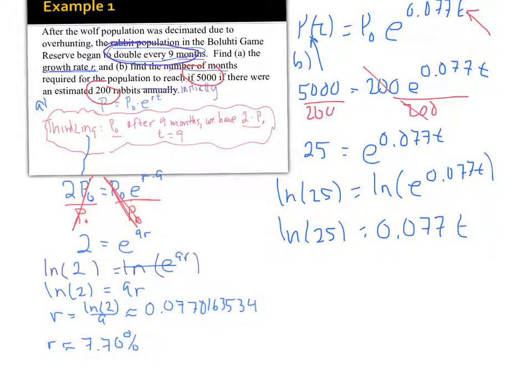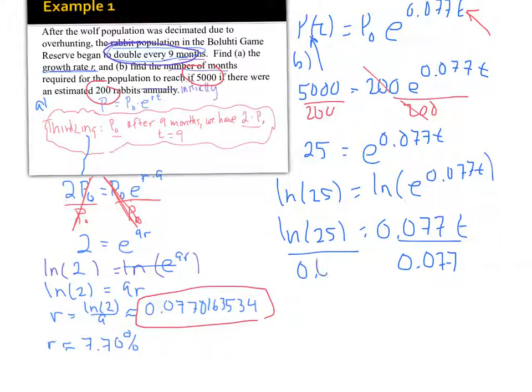Now, I don't usually round, by the way. Just a little aside, I usually keep this number and wait till the end. Or I store it in my calculator, if you know what that means. But after you solve this, I would go ahead and divide both sides by 0.077. And after you do this, but instead of 0.077, I'm really using that number, I get that t is